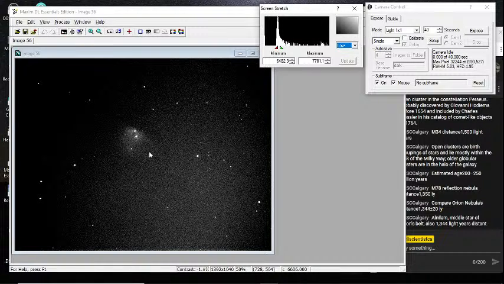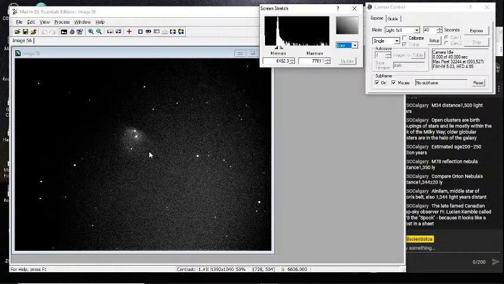Actually, it does kind of look like this. Roland's mentioned that the famed deep sky observer Father Lucian Kemble used to call it the Spook Nebula because it kind of looked like a ghost. You can kind of see that. Got the two eyes there, and then the ghost trailing off.